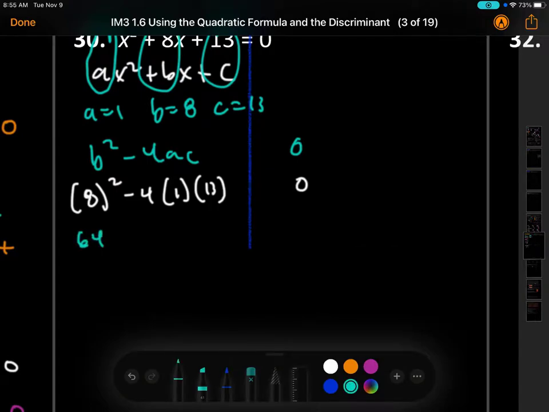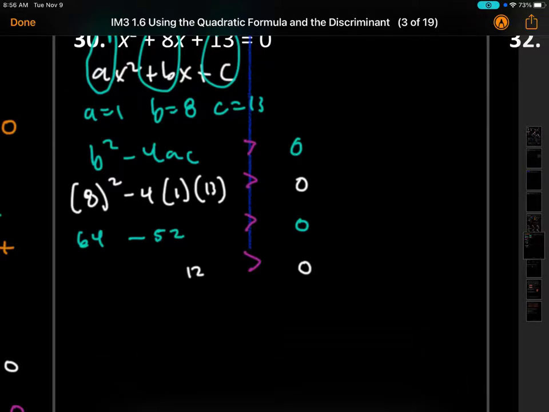I get 64. Negative 4 times 1 is negative 4. Negative 4 times 13 is negative 52. And I'm going to get 12. What's my inequality? That means it is greater than. If it is greater, and this number is not a perfect square, then we have two